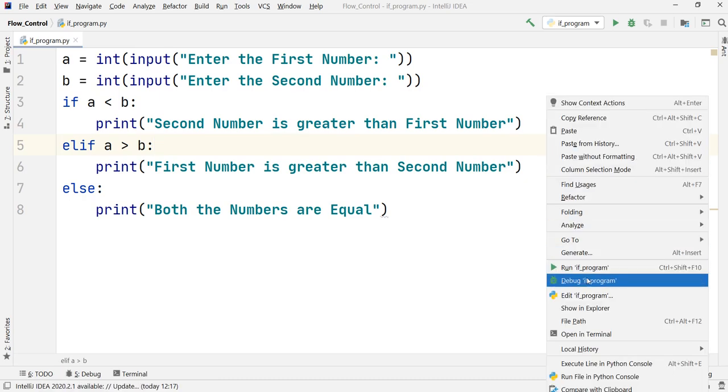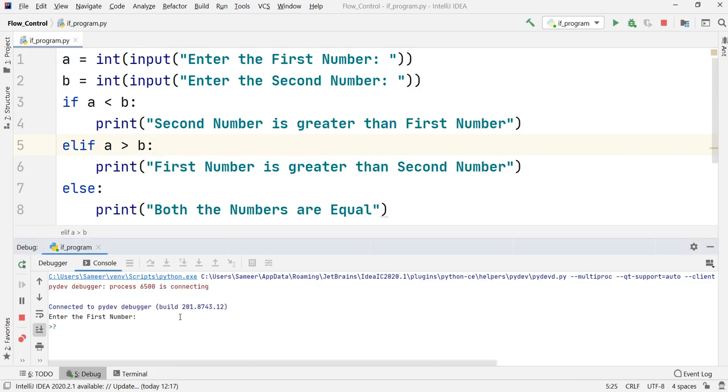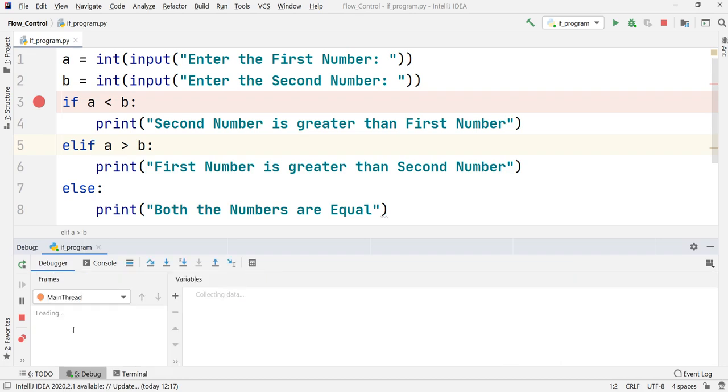So if I debug my program again, we are in our console, and it will ask me for the first number. Suppose, what we had done earlier, I'll put number 7 as my first number. Before that, we forgot to put the breakpoint. Okay, so the breakpoint is important. I have given 7 as my first number. I'll press enter. Again, it is asking me for the second number. Again, I have given 7. Again, I will press enter.